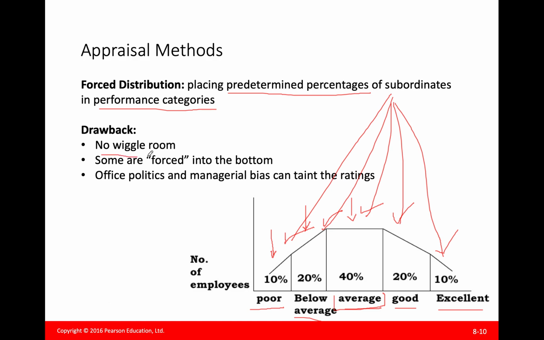Drawbacks. No wiggle room. What does it mean by no wiggle room? No wiggle room is like some space for negotiation or for some change. No wiggle room nghĩa là cái phương pháp này nó không có một cái sự linh hoạt trong việc mà các bên có thể thỏa thuận hoặc là các bên có thể discuss với nhau